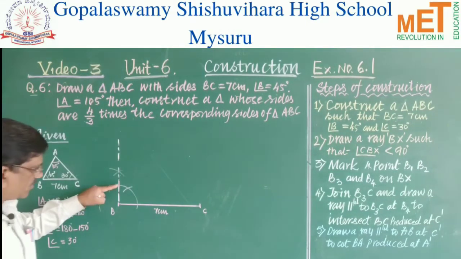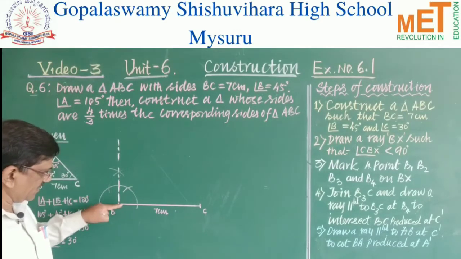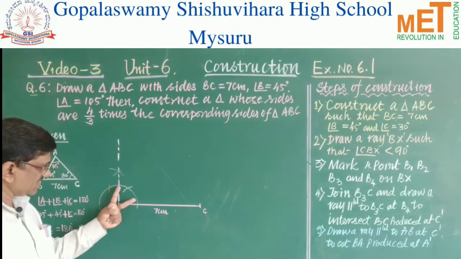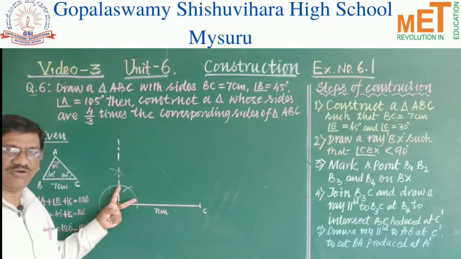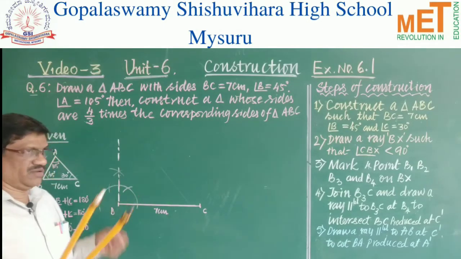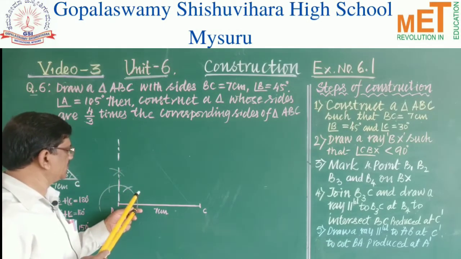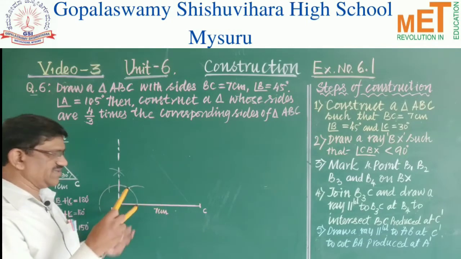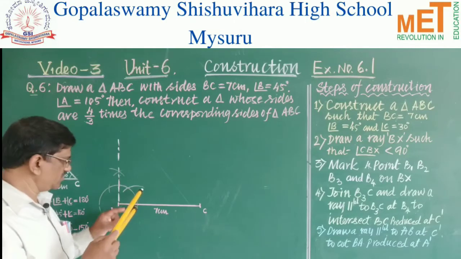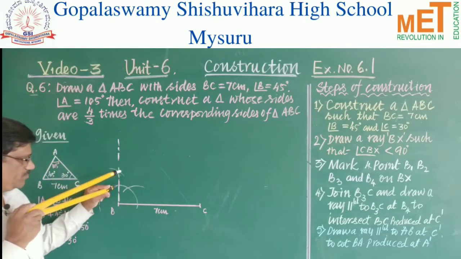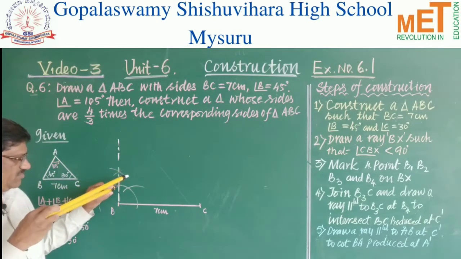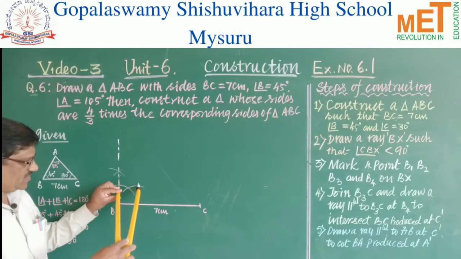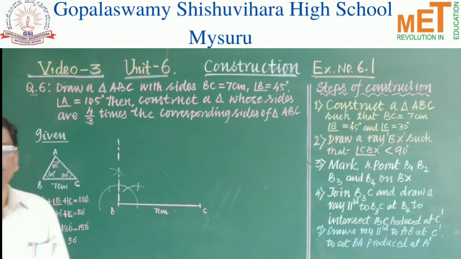So here is a point of intersection. This is 90 degrees, isn't it? So I am bisecting this angle. How I am doing here, you see. With the same radius, or more than half of the angle, with this point as center, I extend it, and this point, angle, right angle means 90 degree angle. With this point as a center, I draw an arc.